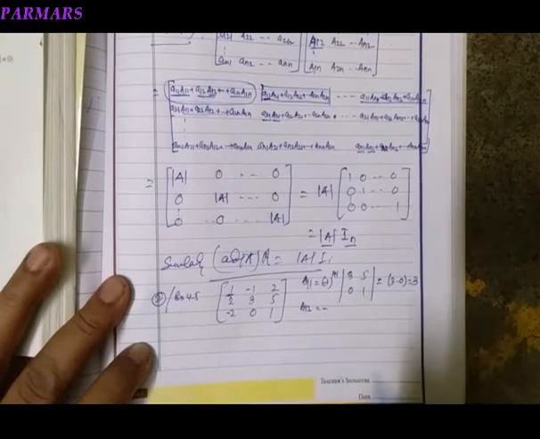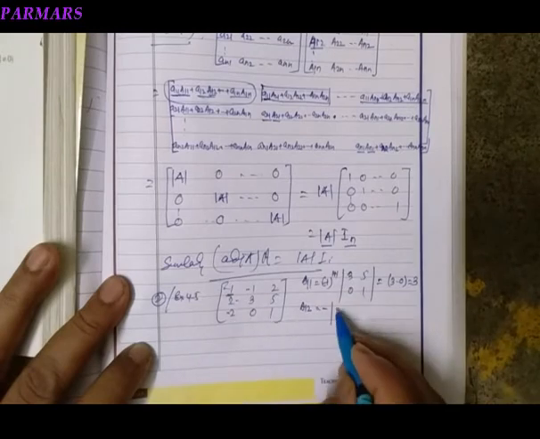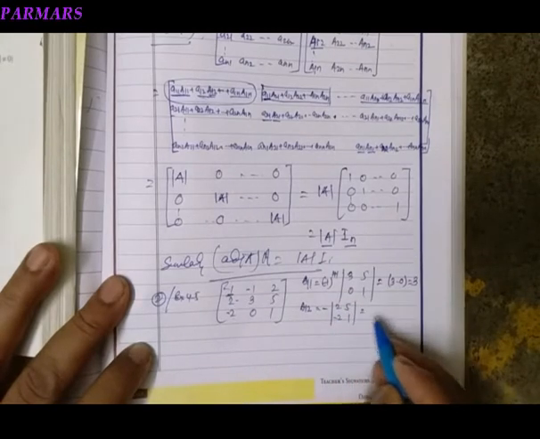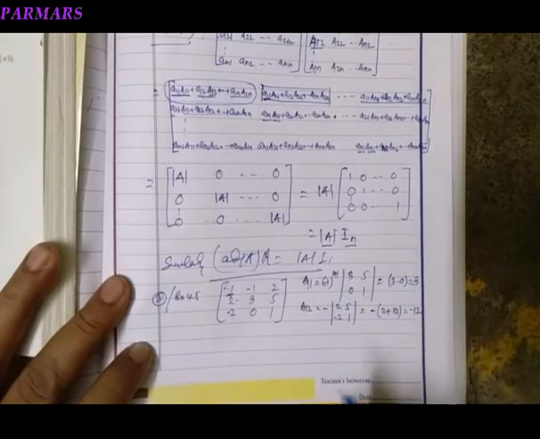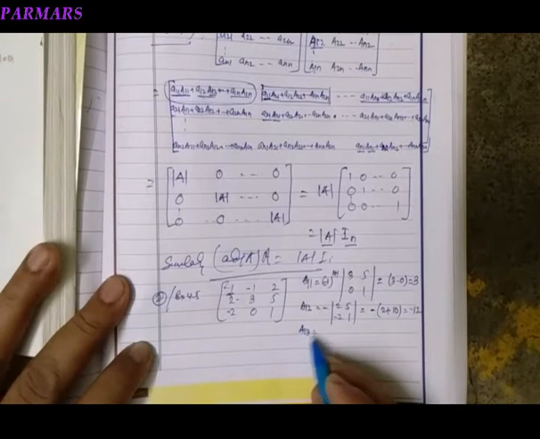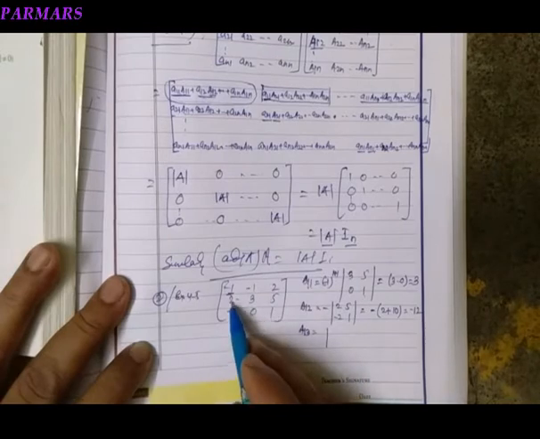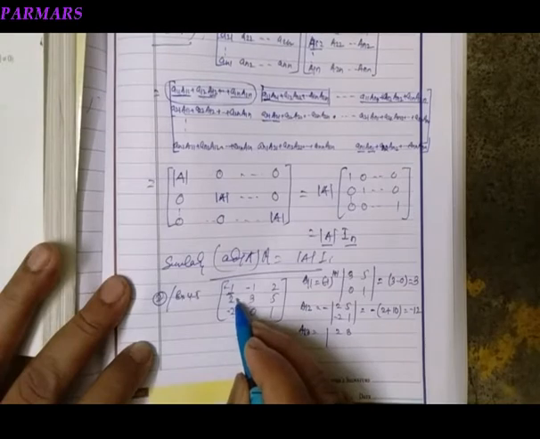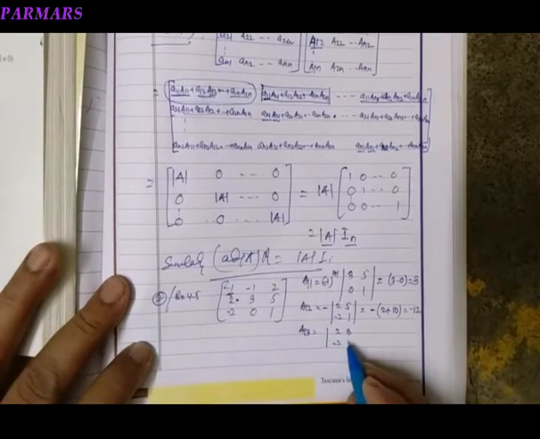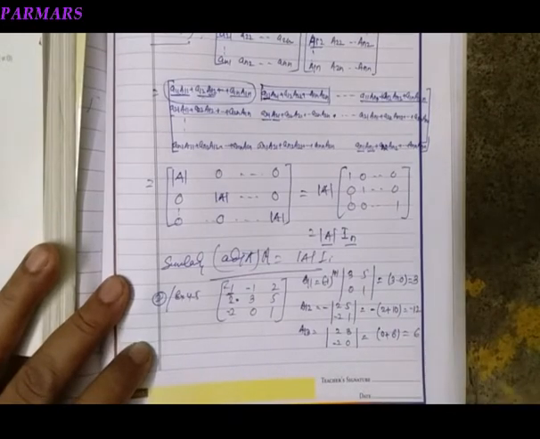सो हमने सीधे लिखा माइनस, और 1 रो 1 और कॉलम 2 को डिलीट किया, 2 5 माइनस 2 1. So what do we get, 2 plus 10, it is minus 12. कैलकुलेशन ध्यान में रखिएगा. A13 सम इज इवन, सो प्लस, रो 1 कॉलम 3 को डिलीट कीजिए, 2 माइनस 2 एंड 3, 2 3, ये माइनस नहीं है तो लिखने में हो गया, 2 3 माइनस 2 0. So what we find, 0 plus 6, it is 6.